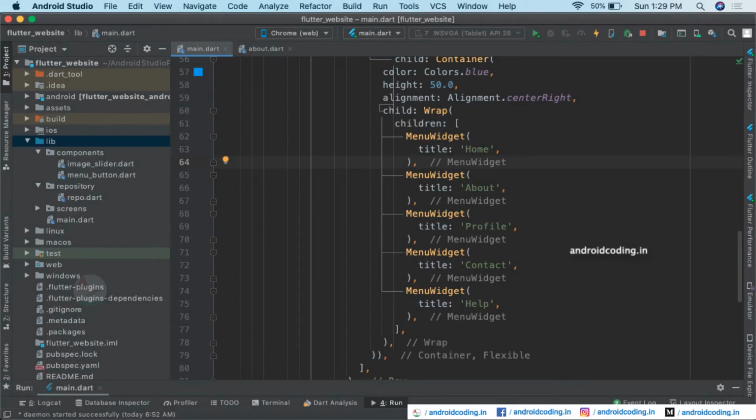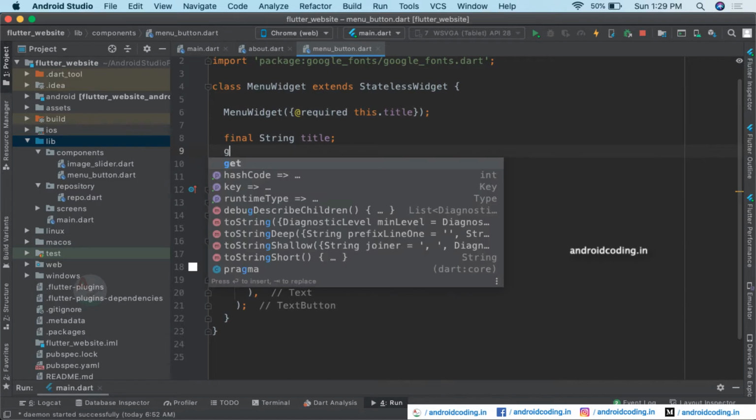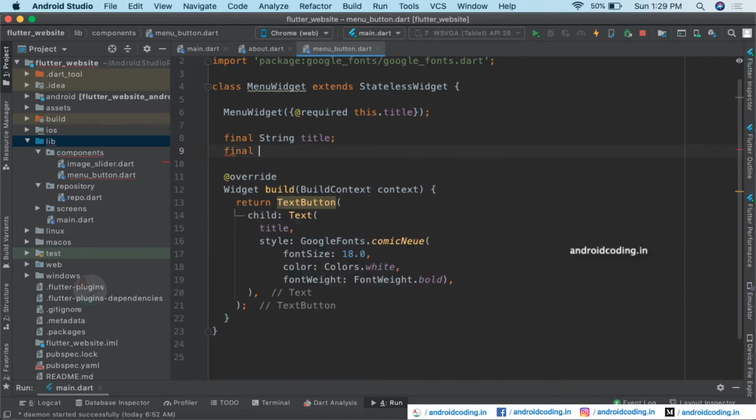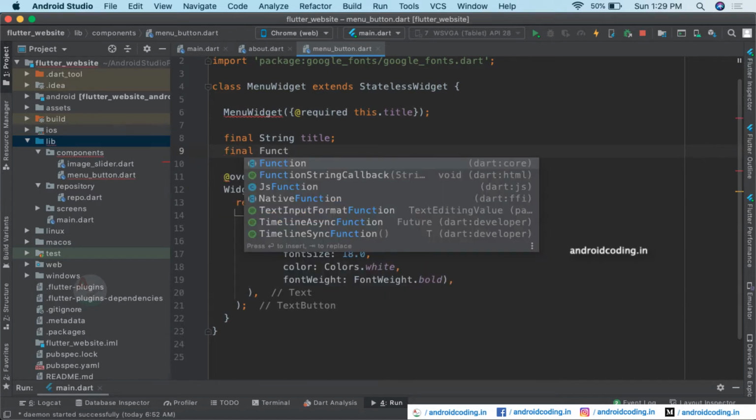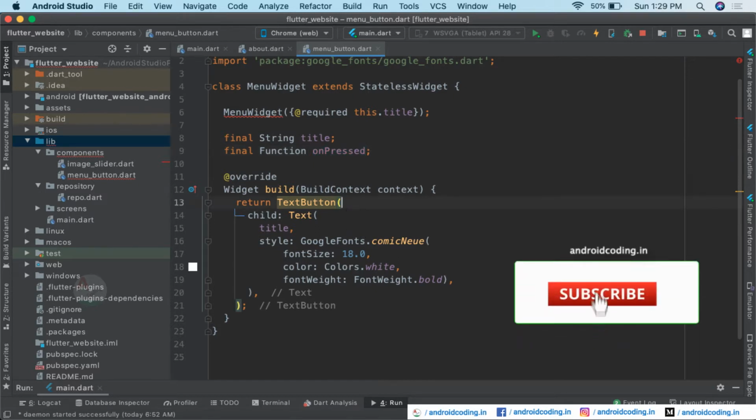So we are currently not having on press functionality for this button, so let's go ahead and add the on press functionality now. So for which we need to declare a function, and this function we can call it as on press so that we can easily understand it.